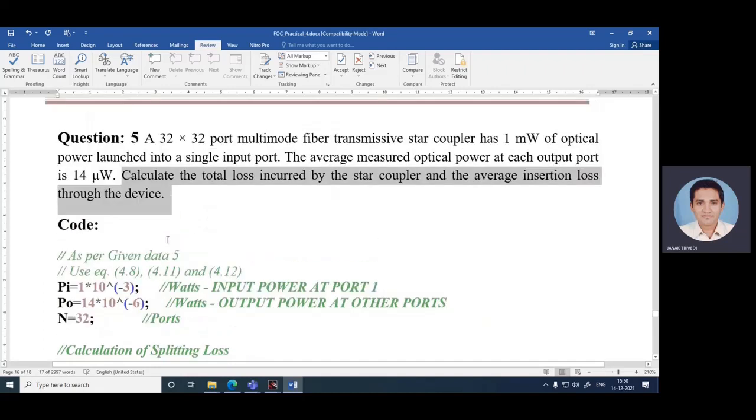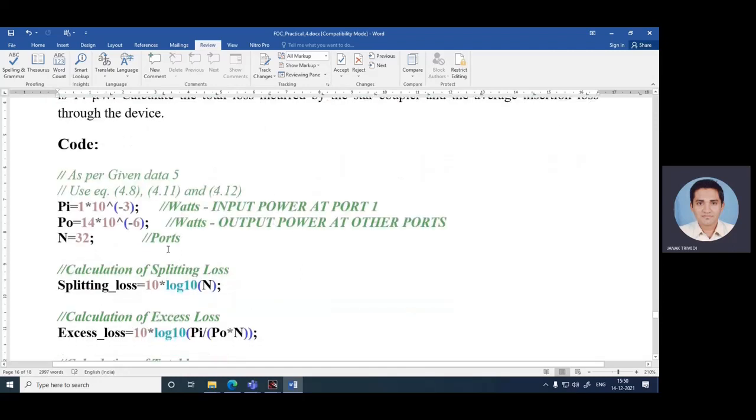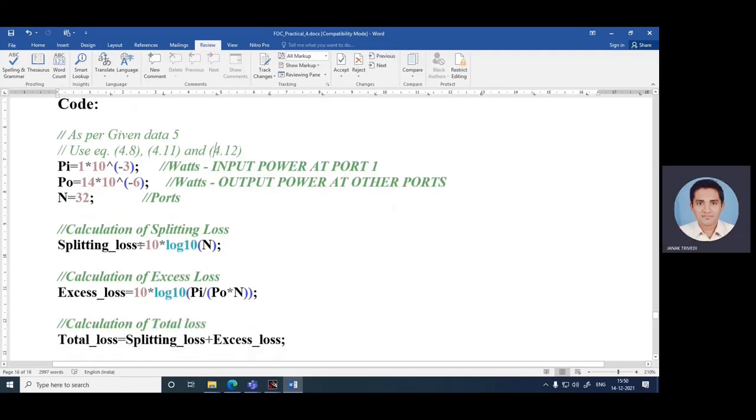To solve this particular example, we have used equations 4.8, 4.11, and 4.12 that were discussed earlier in this document. So Pi is equal to 1 into 10 raised to minus 3 watt, the input power at port 1. P out is equal to 40 into 10 raised to minus 6 watt, the output power at the other ports, and N is equal to 32 ports. Calculating splitting loss equal to 10 log 10 N, calculation of access loss equal to 10 log 10